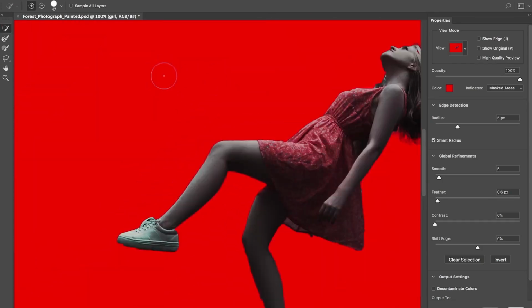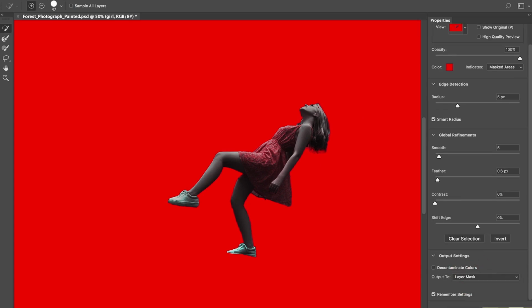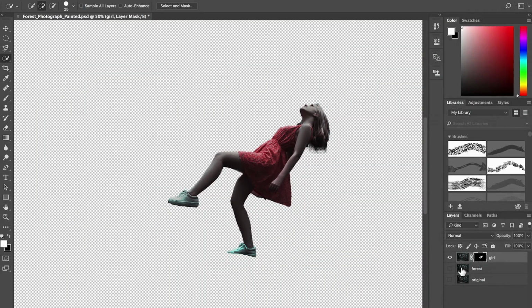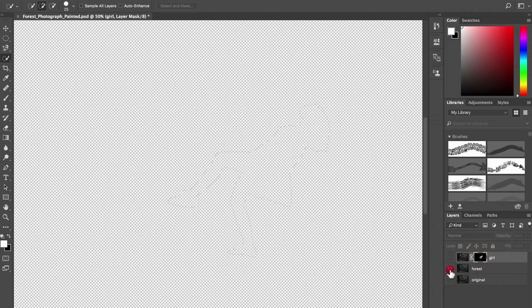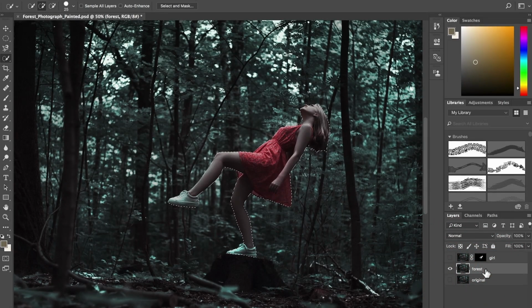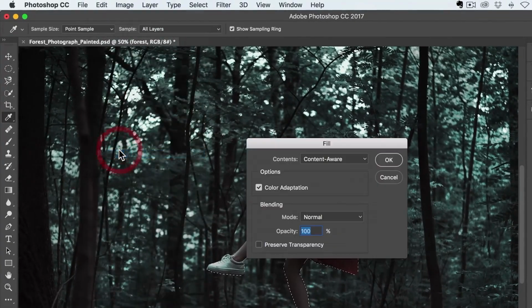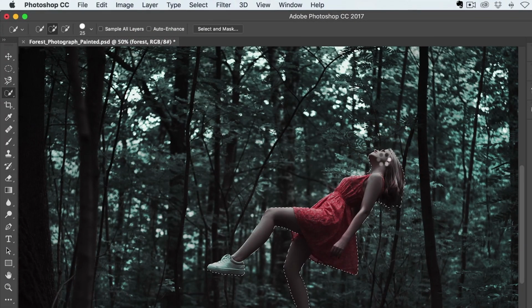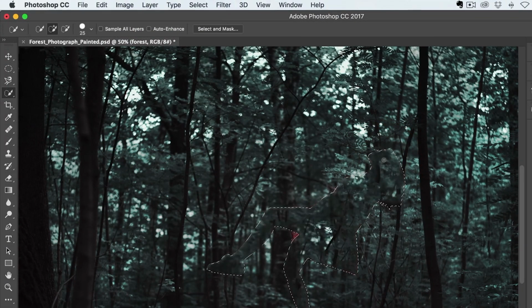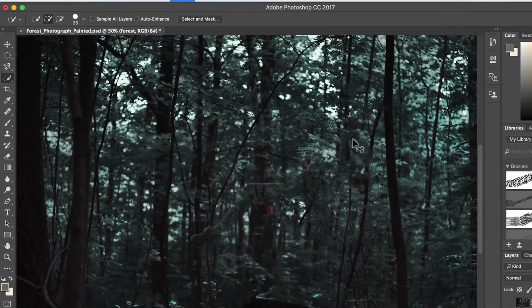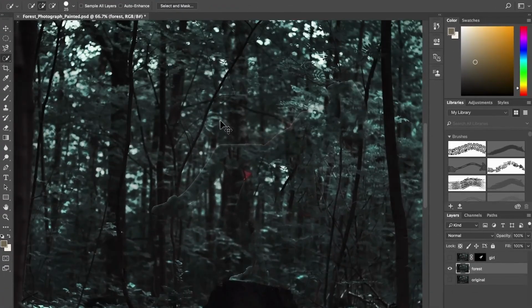Create a new layer mask on the girl layer. Command-click on the new layer mask to again make a selection. Turn off the girl layer and click on the forest layer. Go to Edit, Fill, and select Content Aware. The forest layer will be filled in with trees where the girl once was, but the edges of the girl